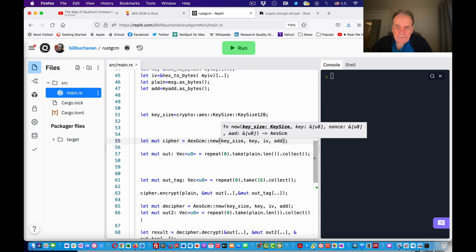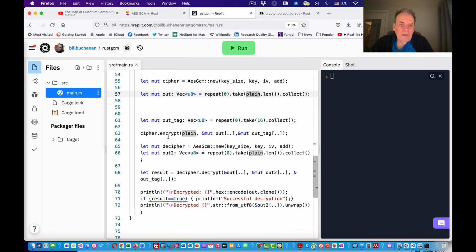Data types here. This is a pointer to a byte array, so these are 8-bit values. Our nonce is our salt here. Again, it's a pointer to a byte array, and in this case we've got the key size there. So Rust will manage these very strongly, in that we can't get away with creating different data types and passing them as different pointers and so on where we cast. Very strict about that.